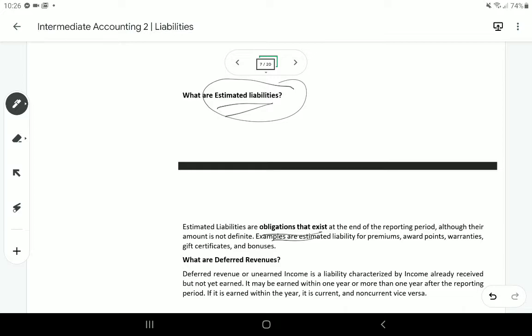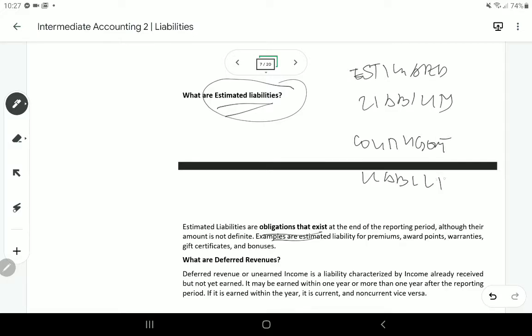when we learn this topic, it should be very important to emphasize that estimated liability, okay, is different from contingent liability. Okay? Now, what is this contingent liability? Contingent liability class